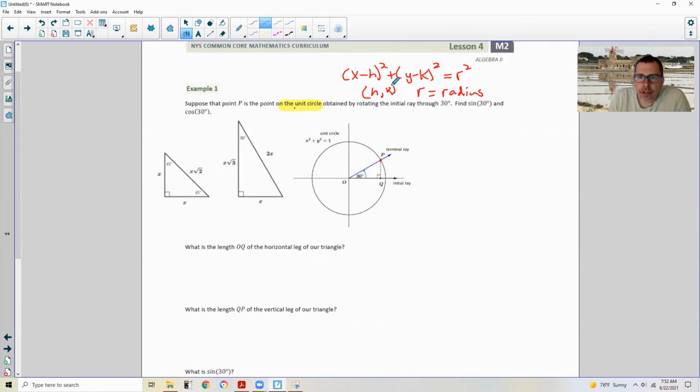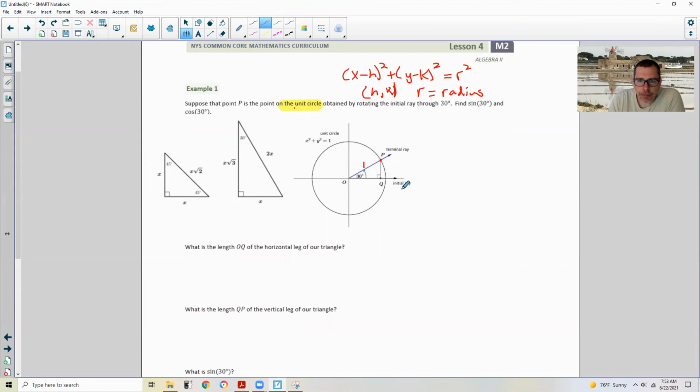Radius, okay? So h comma k is the center of the circle and r is the radius. So when h, k is 0, well, x minus 0 is simply x, and y minus 0 is simply y. So when we're centered at the origin, it's x squared plus y squared equals the radius squared, and 1 squared is 1. So this is the equation of a unit circle. Okay, so now with that said, that's what we have here, a circle centered at the origin with a radius